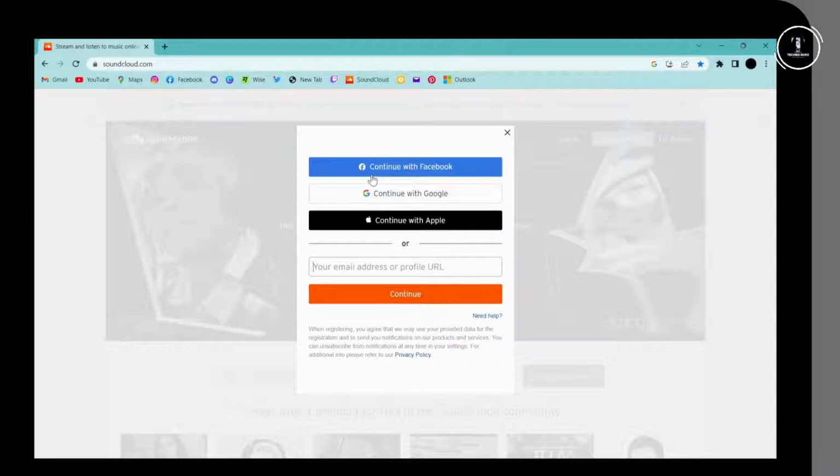And now if you want to continue with your Facebook, then you can click here, and if you want to continue with Google, then you can click, and if you want to continue with Apple, then you can use this one. So you can use any of these three, but if you want to enter your email address or your profile URL, then you can enter it here, and after entering your email, click on continue,